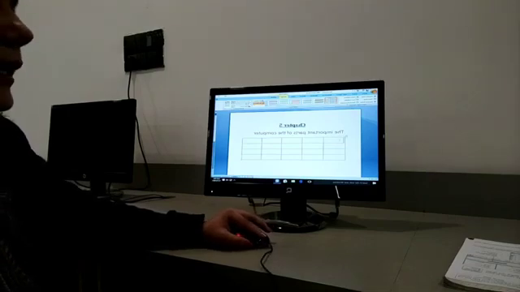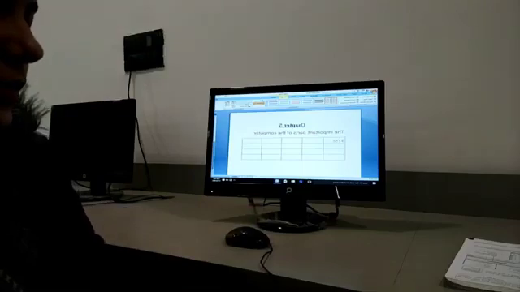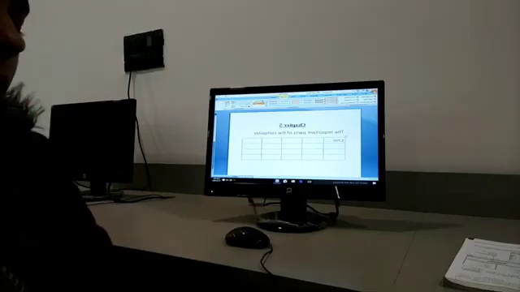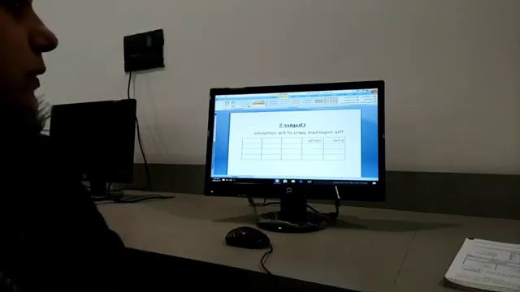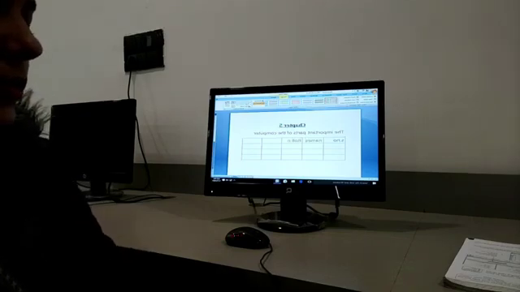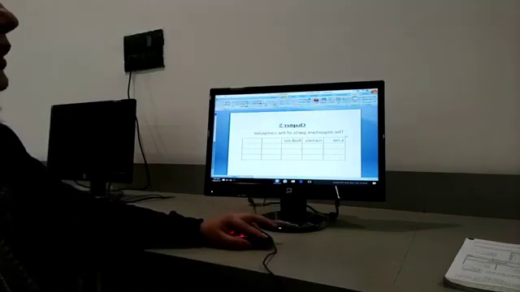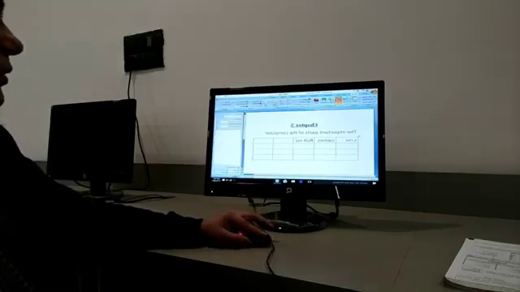Now I can write in tables also, like serial number. In next table I want to write names. In next I want to write roll number. I can write anything I want to. You understand this? Now if you want to insert a picture from clip art, so you can choose the picture from the clip art.